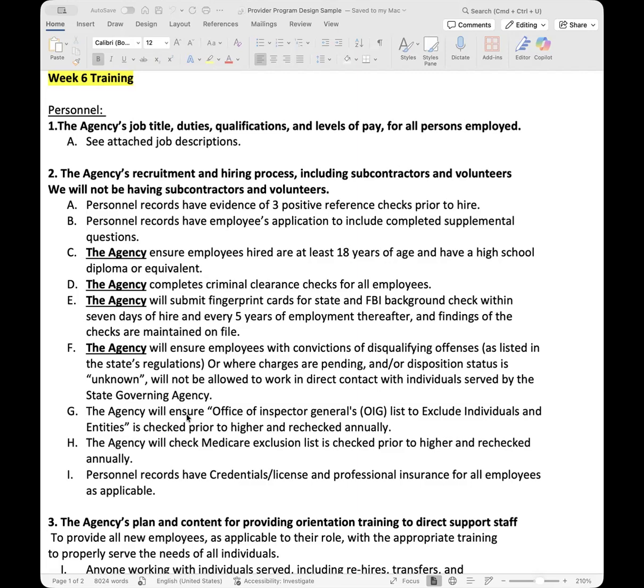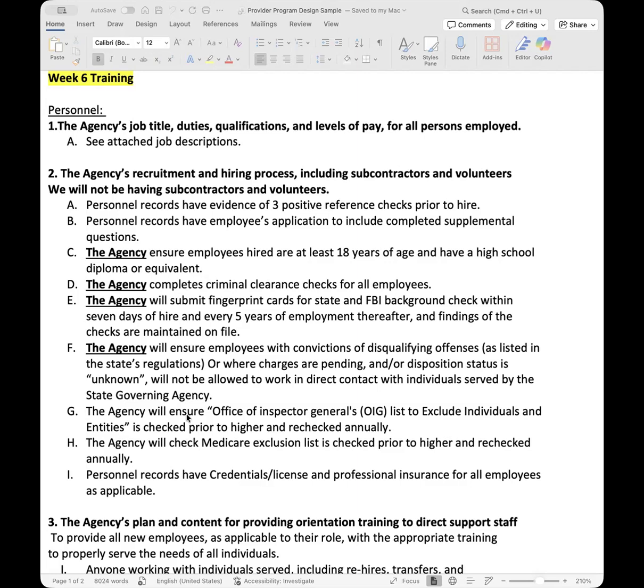Like I was saying at one point, regional center knows you don't have any clients at first, so they don't expect you to have a whole bunch of staff right now. The staff that they do expect you to have in the beginning, meaning day one when you submit your application, would be whoever your administrator is. And the administrator is the person that has to have the bachelor's degree in human services. This is minimum a bachelor's degree. Of course, they can have a master's or doctorate, but they have to have a bachelor's degree in human services.